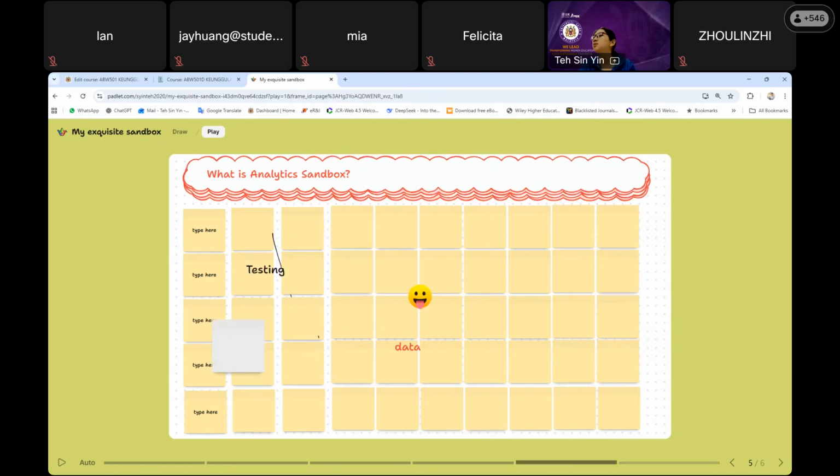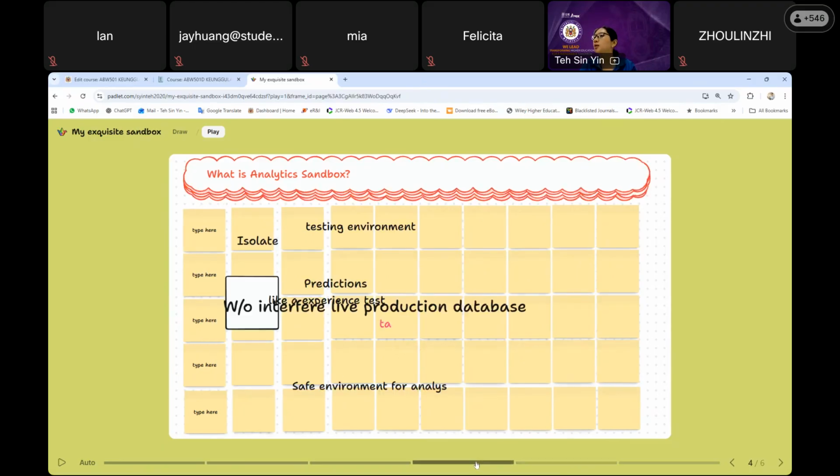Okay, so let me see what about here. Yes, it is an environment for us to do the testing. So testing, yes, this is one of the good keyword. What about this page? Okay, it is a testing environment. Perfect answer. Isolate, yes, it is an isolated environment for us to do the testing. This is also a good answer.